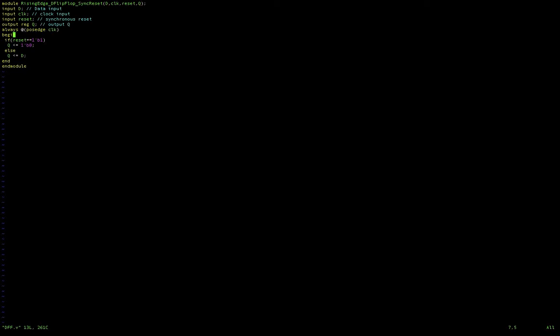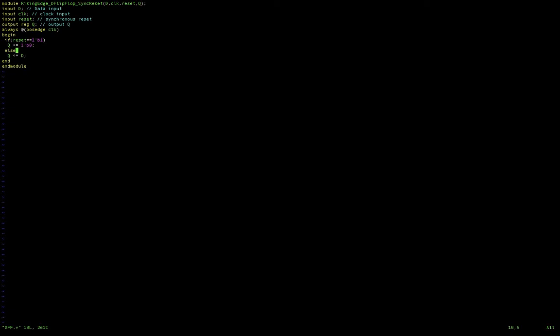In this always block, it will check the status of the reset input pin. If it is 1, it will store 0 to the register, and the output will also be 0.